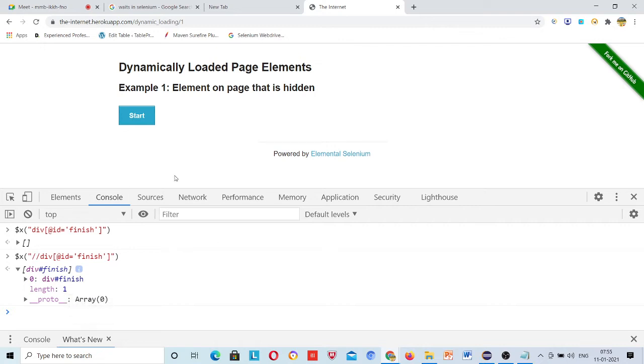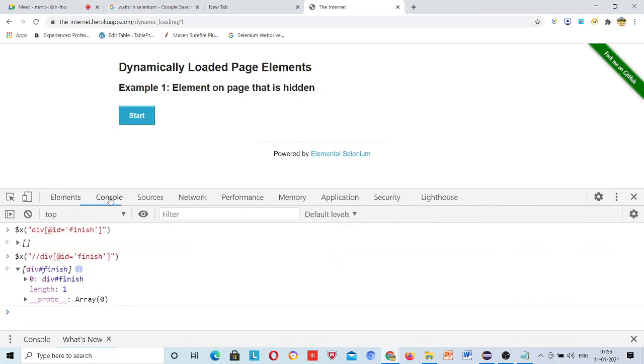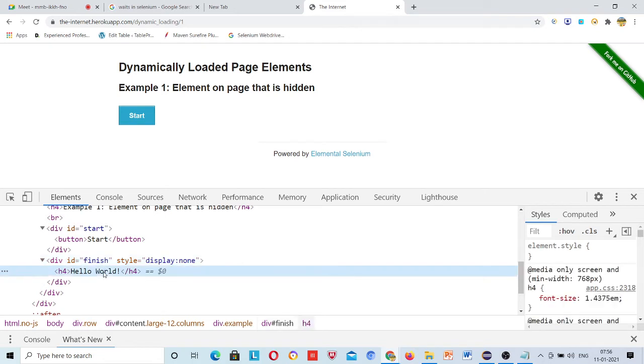right? But I cannot see that div here. Still it's not saying that you don't have any element, one element is present, right? So length is 1, so one element is present. Once I click on this 0, it is coming here. What does it mean? That the HTML code is present. Now implicit wait will tell you this is correct. And if you want to get text from here, then what will happen? You will not get any text because that text is not present. This HTML code is present.